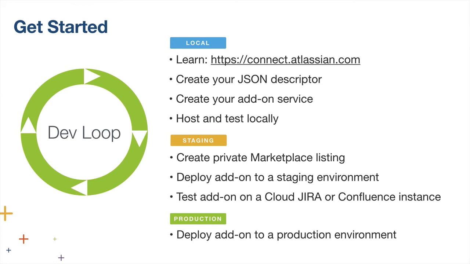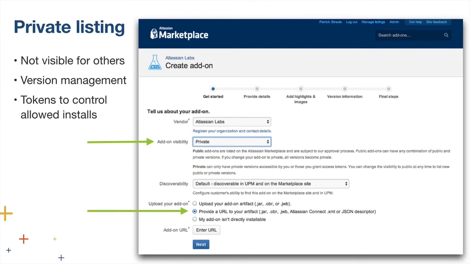Once you're ready and you want to deploy that to an internal system within your company, you can create a private marketplace listing. I'm going to talk about that in just a minute. You would deploy that to a staging environment. You can use an on-demand cloud JIRA or Confluence instance to test it out before you ship it to production. The reason you need to create a private listing is that currently Connect add-ons can only be installed through Marketplace. And you might wonder, why is that necessary? It's just my private integration add-on. But you still get a lot of benefits from that, because